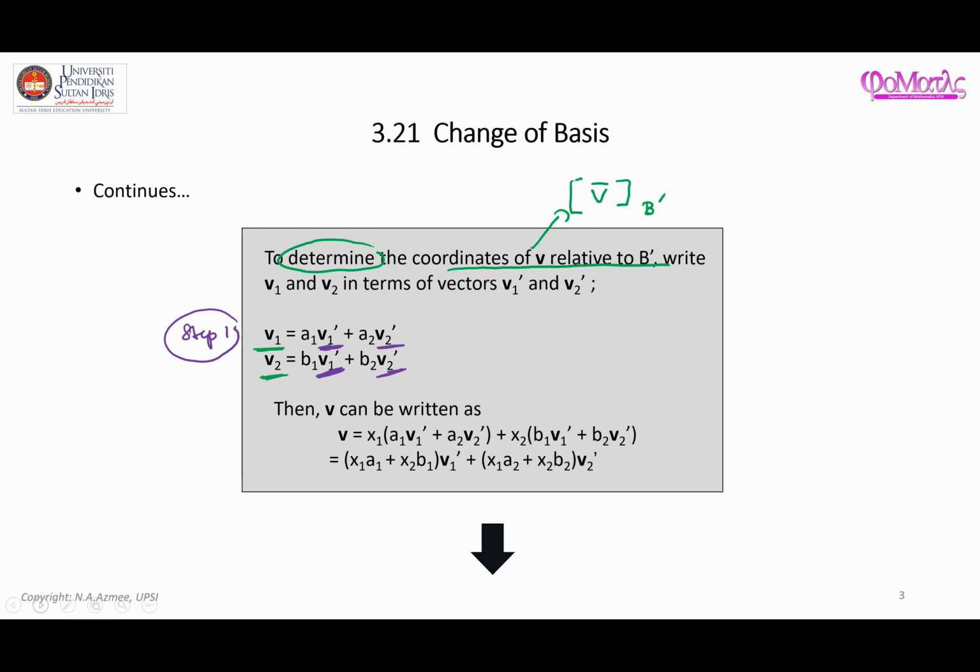To write a linear combination of those, of course, we need to know these values, which are just scalars, so you need to find what they are. And this one is also a scalar, and you need to find those values too. I hope you can see that the idea in step 1 is to write the vectors here from the old basis